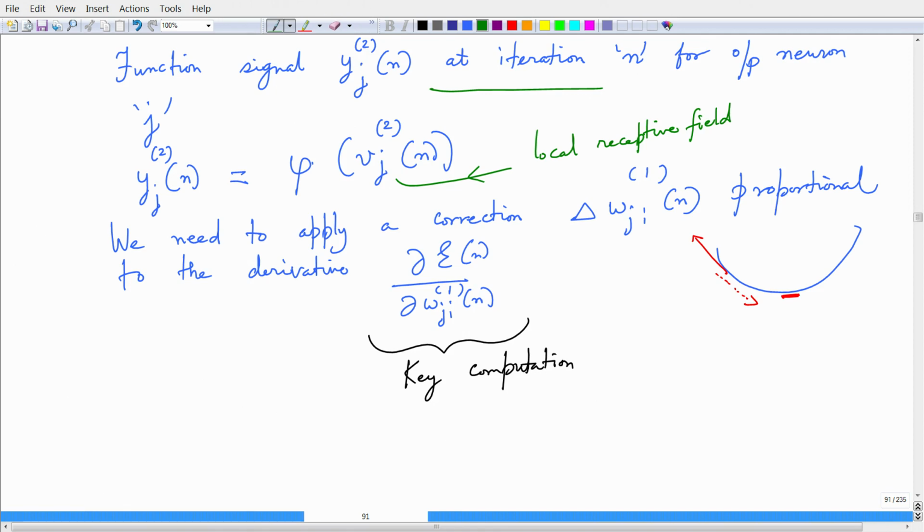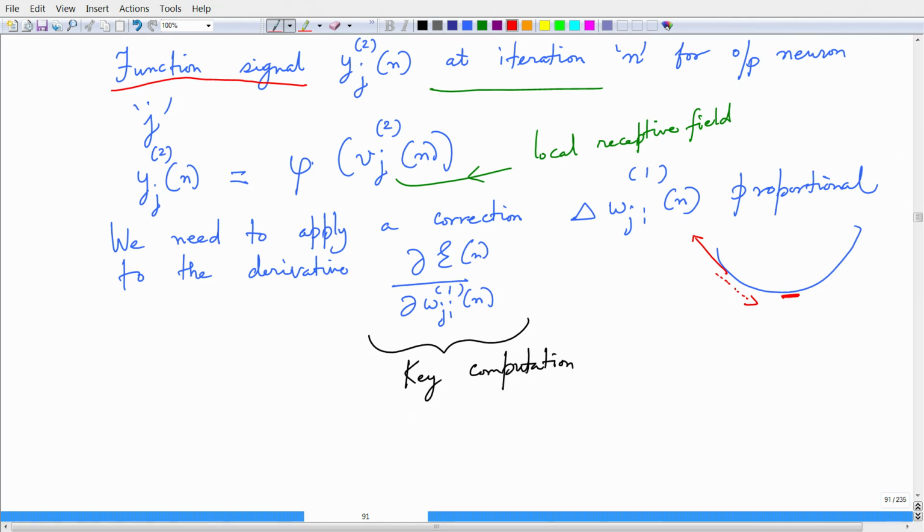Now, once we compute the functional signals, we can compute the error, because we saw in the previous slides that the error is basically the functional signal minus desired, or desired minus functional, whichever way you want to think, because we take the square of the error anyway, and we do not care about the sign. So you know what the desired signal is for neuron j in the output layer. You have computed analytically what the functional signal is for this node. Therefore, you can compute the error. You have that parameter available in your hand.